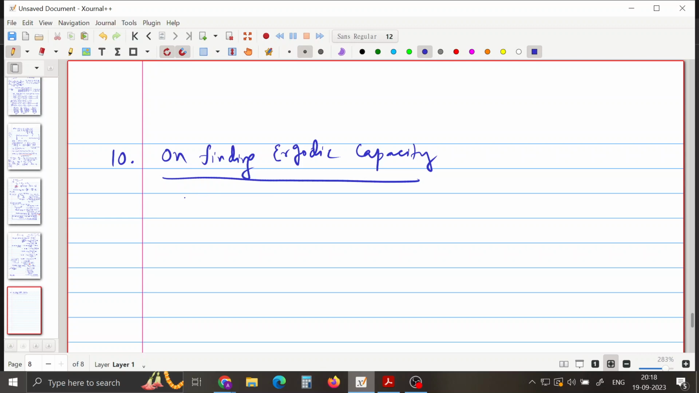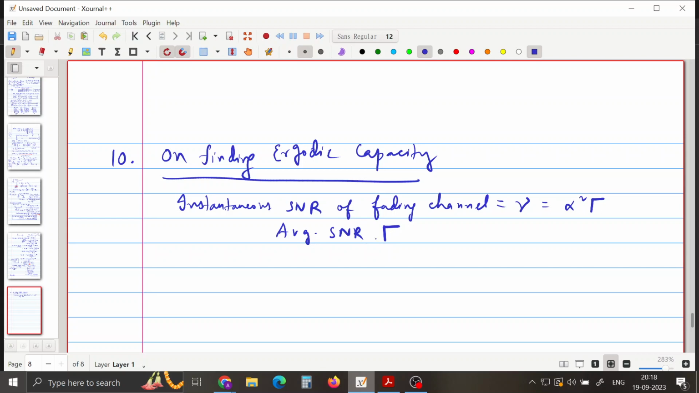I'll just mention the quantities again. Instantaneous SNR of fading channel, denoted by small gamma, is equal to alpha squared times capital gamma. Capital gamma is your average SNR. Average SNR capital gamma is given in the problem as 30 dB,